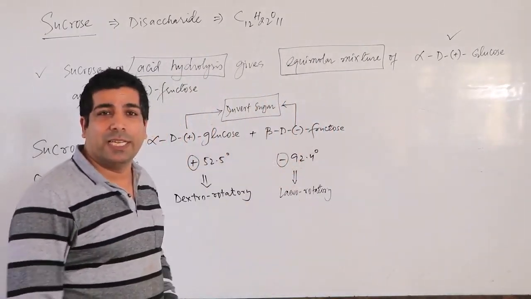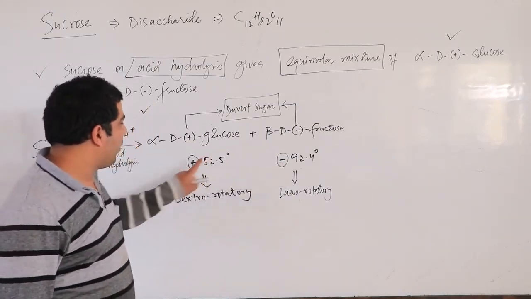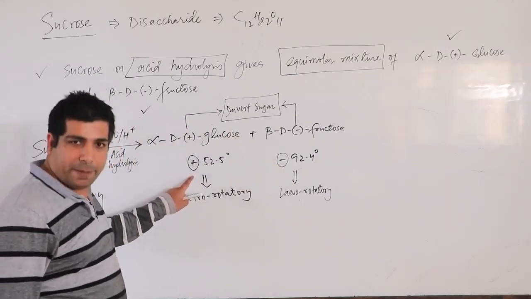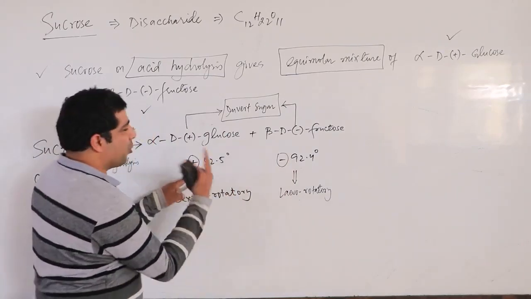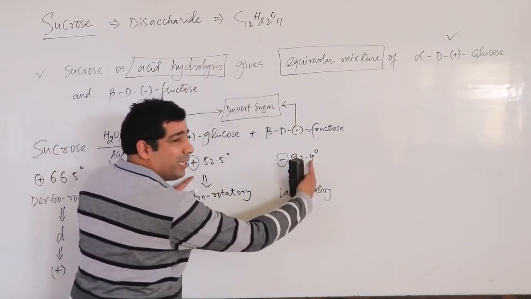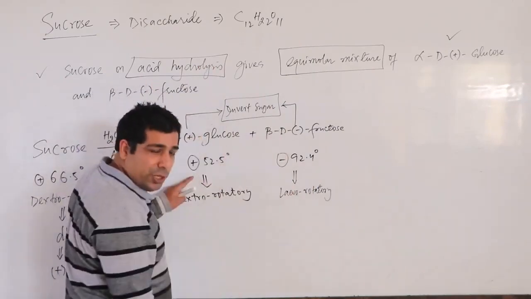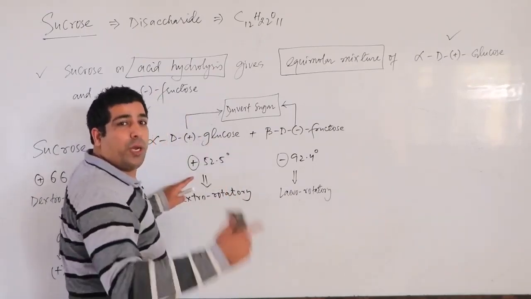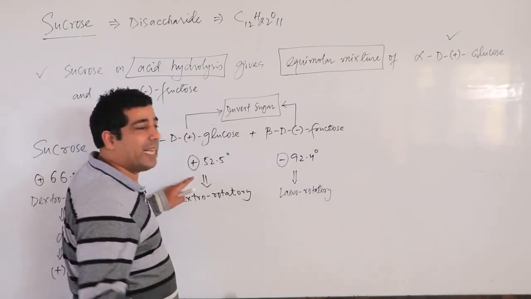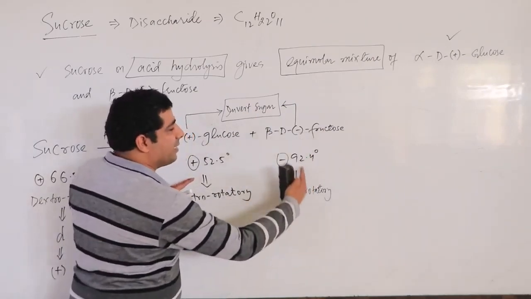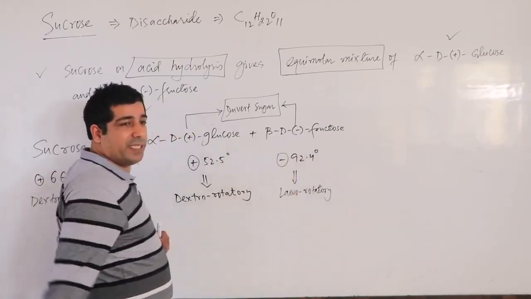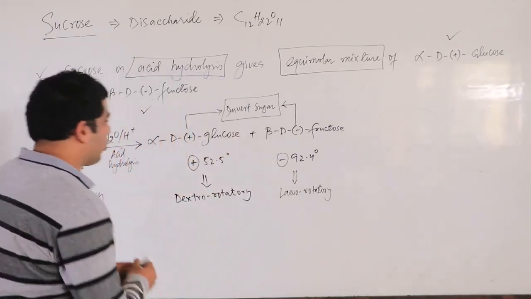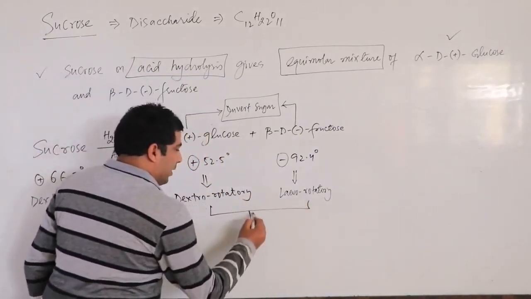Fructose is more powerful. Then can I tell that negative is more powerful than positive here? When negative is more powerful than positive, okay? So in this competition, this is rotating light clockwise, this rotates light anti-clockwise, but both are present in the aqueous solution. So there is a competition between glucose and fructose. But in this competition, who has more tendency to rotate the light? It is the beta D fructose that has more tendency. How much? 92.4 degrees. So between them, what will be the net optical rotation? Can you tell me the net optical rotation here? So the net